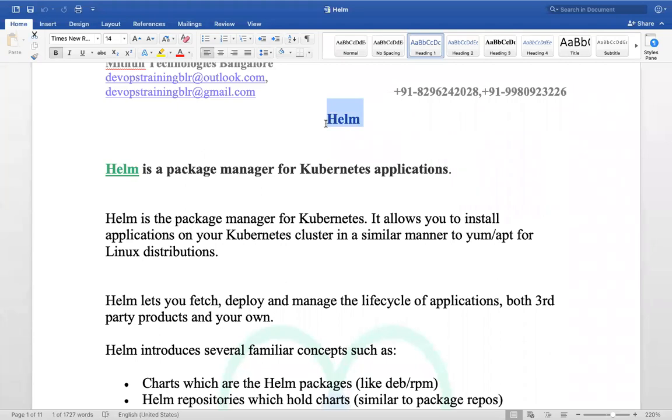So we have one more tool which we can use to deploy our applications in a Kubernetes cluster. Helm is a package manager for Kubernetes applications.